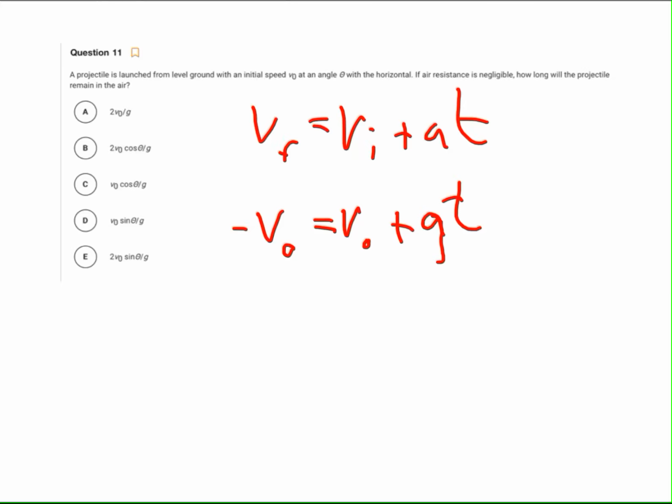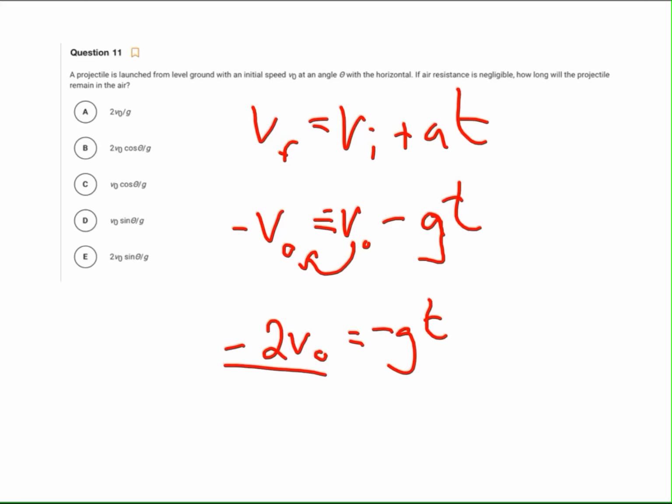Now, this A is going to be G, right? I want to argue it's going to technically be -G. So we'll bring this guy over by subtracting V0. So that gives me -2V0 equals -GT, divided by -G, and we end up with